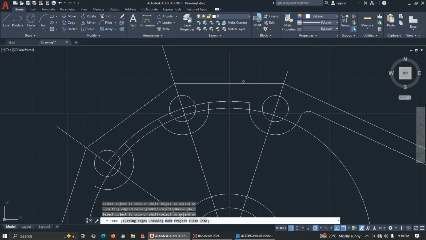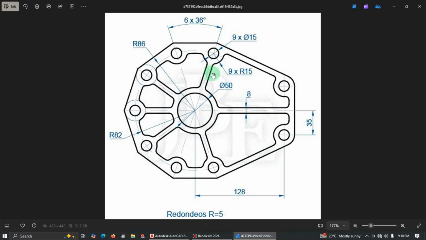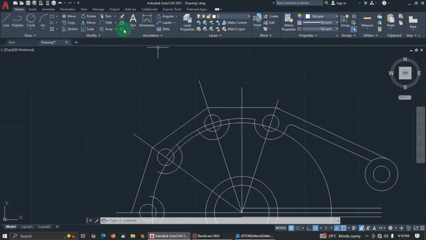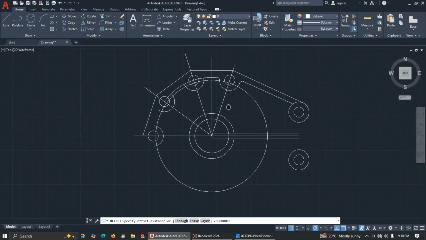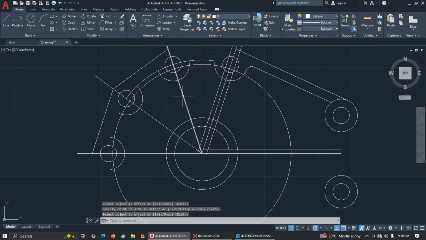But before we do further trimming, let's offset this line. So because of this gap, so 8. Okay, so here will be 4, here will be 4. Right, so click on offset. Now offset distance, you enter 4, select this one here, select, press enter to repeat the same process again. 4, press enter again. So here,